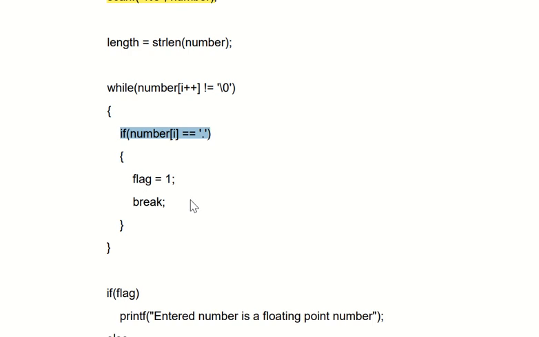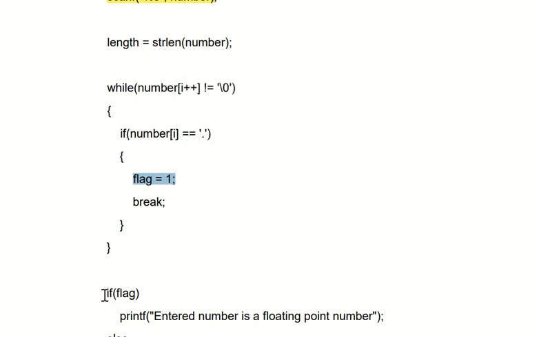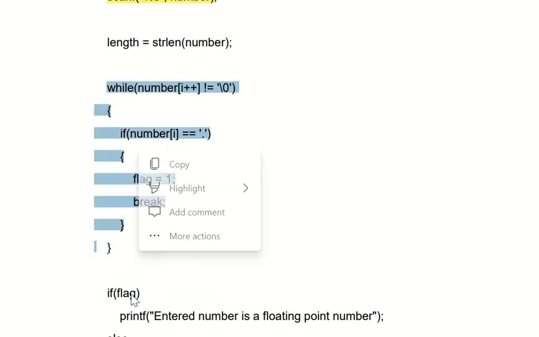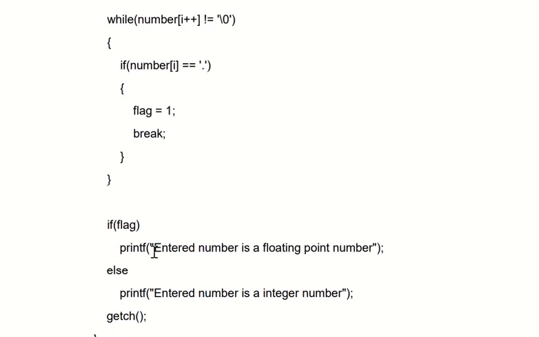So likewise, if your value of flag is 1 at any point, then we have one more if condition after this whole while loop. We are writing only flag, which means if the value of flag has changed from 0 to 1, then we can say it is a floating point number.